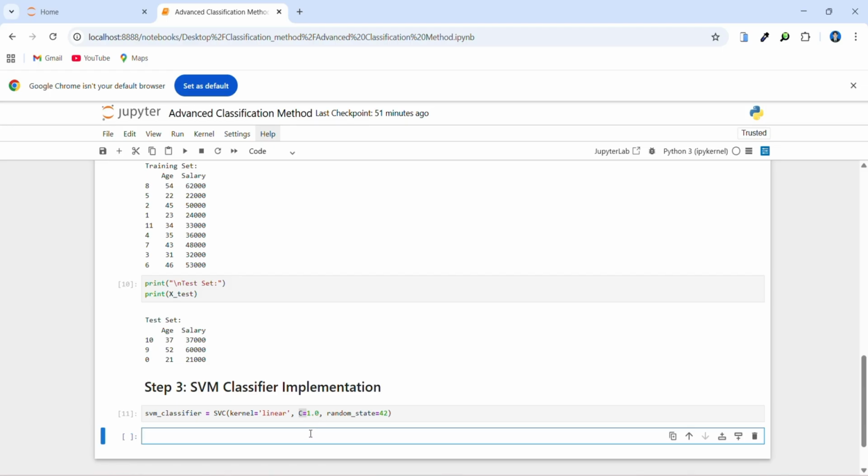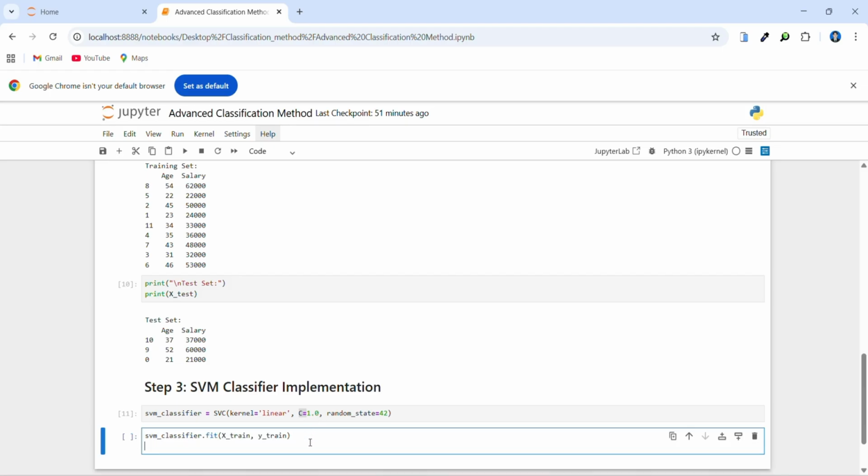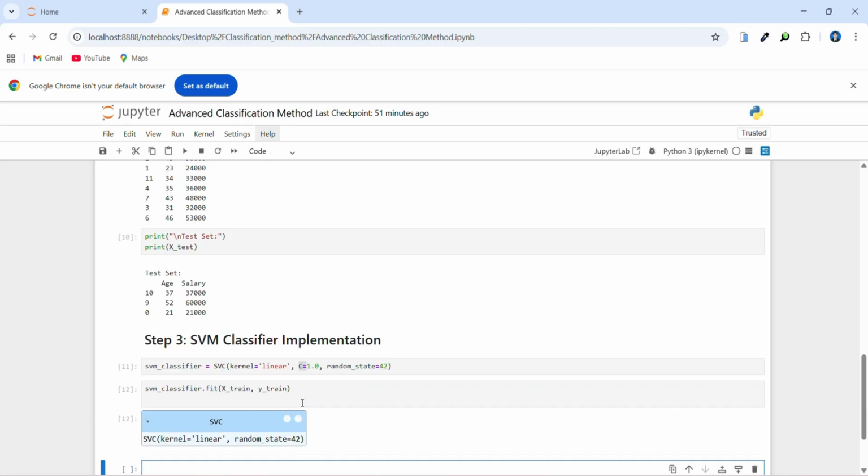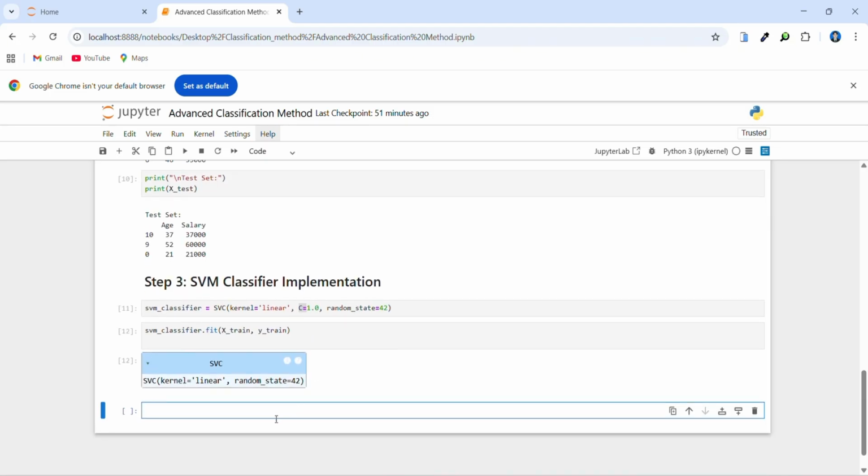In this step we train the data by using linear kernel and random state 42. y_pred_svm equal svm_classifier.predict(X_test). It predicts results on test data X_test.